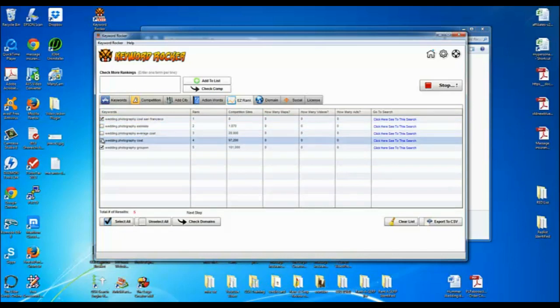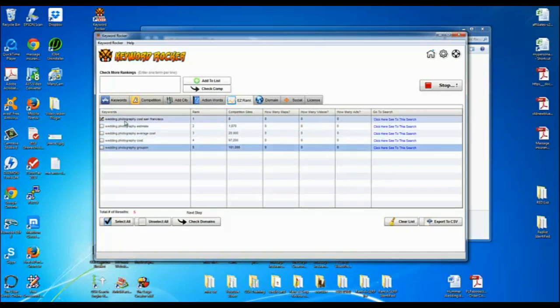And based on what it's showing me here, it's also found me a very profitable keyword, because if you were to go afterwards and plug wedding photography cost into Keyword Planner and get the cost per click, you would see that this is actually a very expensive keyword. And San Francisco has a large population, so put those together and you've got a really good buyer keyword with very low competition, thanks to Keyword Rocker. I found that out with the click of a button.